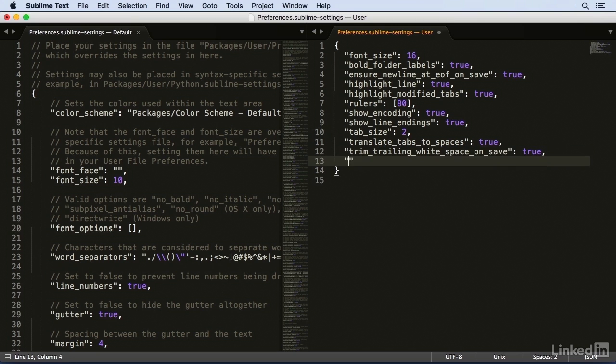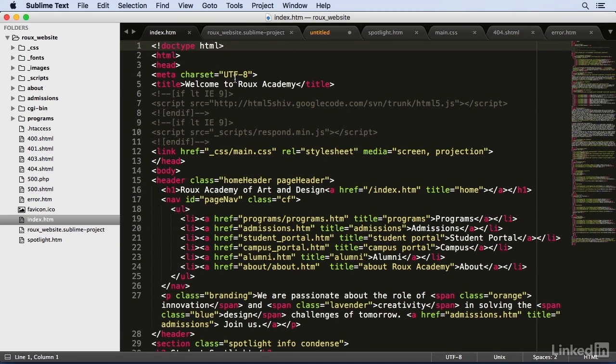And last but not least, save on focus lost. This one is a bit controversial. It tells Sublime Text to auto-save any file when you switch to another application. Let's say I make a change to this file, and at this point, I haven't saved that change. Now, I don't know about you, but this happens to me all the time. I forget to hit Command-S or Control-S on Windows to save the file, and I switch to my browser, and